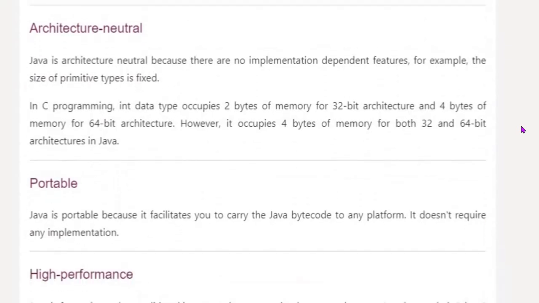But in the case of C and C++, you do not have a platform or a JDK kind of environment or runtime environment, so your low-level machine does not understand. Whatever variables or primitives you have related to 32-bit or 64-bit have to be specific, and then it can run on those specific types of machines only.